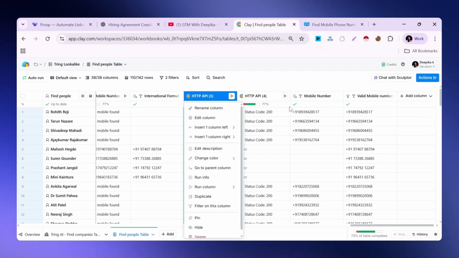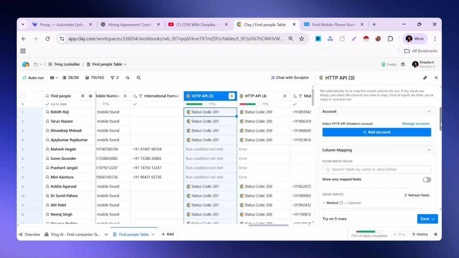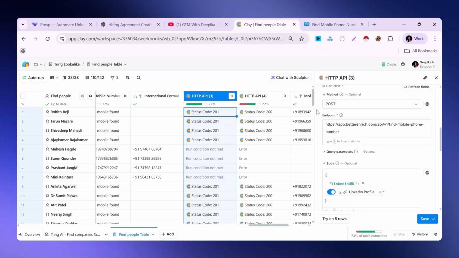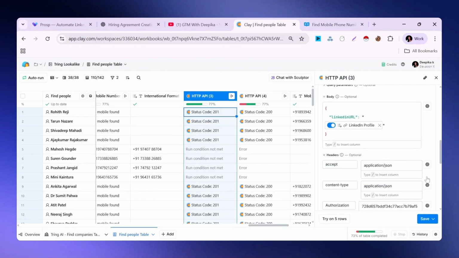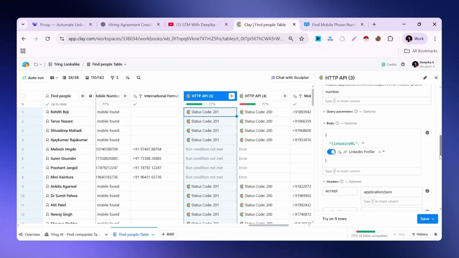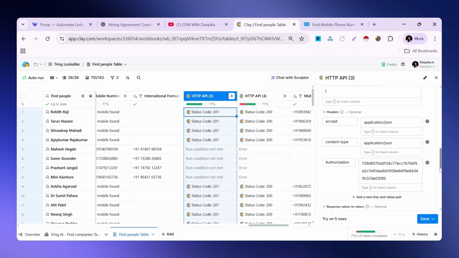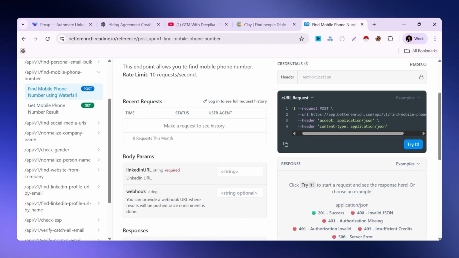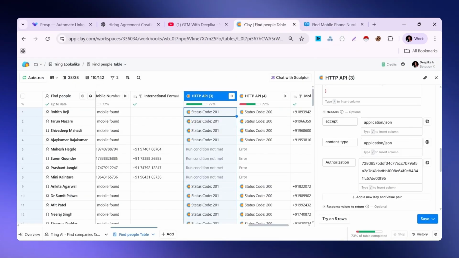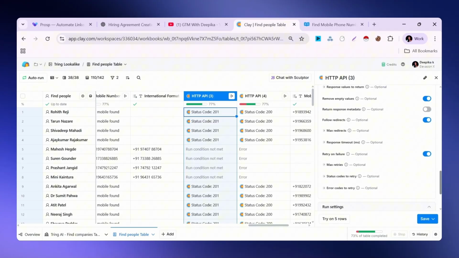So in the same way, here I added the HTTP account. Here we added our API account, and the method is POST, and added the endpoint. So in body, I added the LinkedIn profile as I already said in the email finding method. And in headers, we can see two types of headers. I just created those in this column, and also added the API key as I already said. Here are the same settings I used.